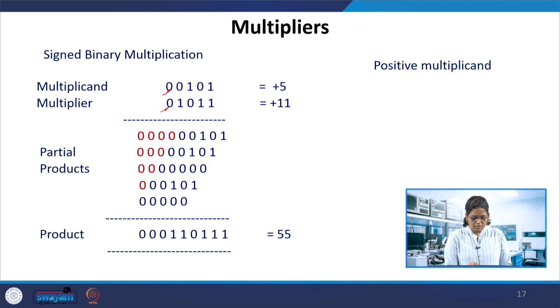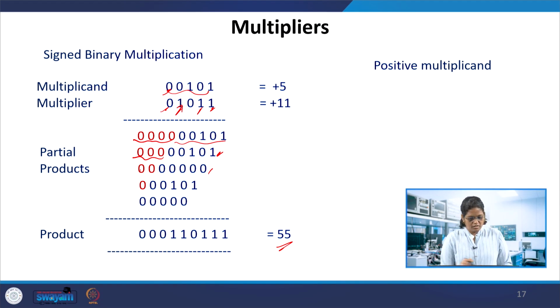So here, first take this multiplicand and multiply; this is one partial product, and extend the sign at least up to 2n bits. This is sufficient here to represent this 55, so it is extended up to 4. Similarly, the next partial product is obtained from this and shifted by 1, and the sign extension needs to be done. This is the next partial product with the sign extension, and here the next partial product with sign extension, and this last one. Add them, and you get the 55, that is the product.